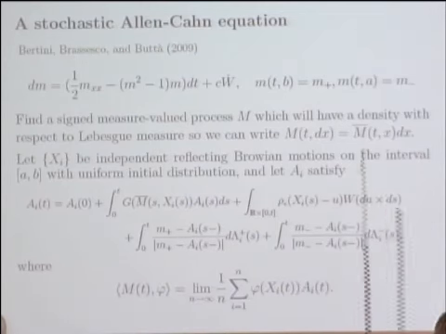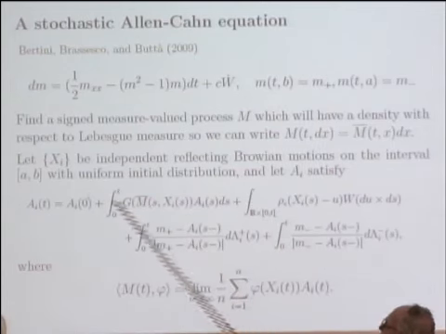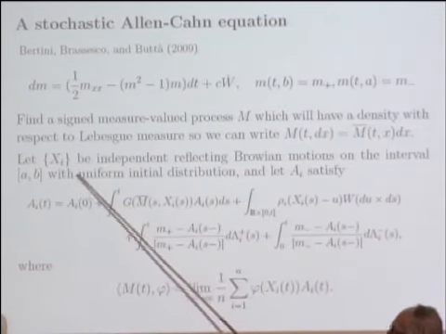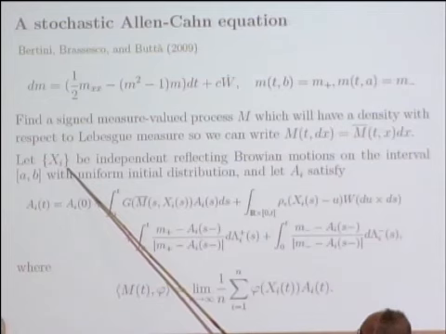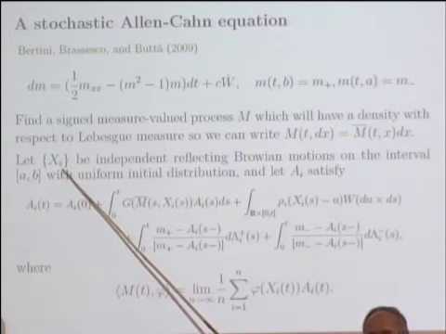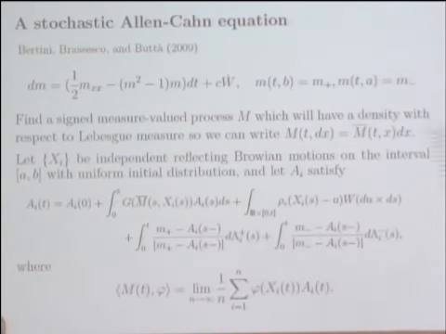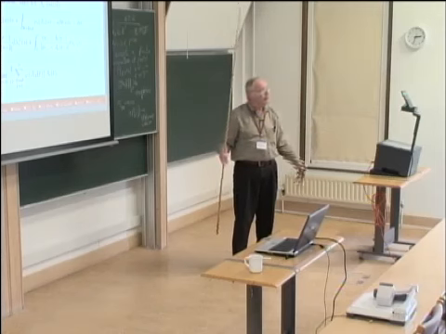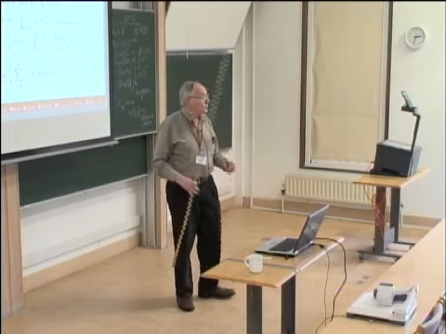If you dream about this sort of thing all night, it takes you, I don't know, only a half hour, but Dan Christen got involved and settled the fact that we did have the right boundary conditions. At any rate, we start now with an infinite collection of independent reflecting Brownian motions on the interval AB. They're given to us, and we'll start them all with their uniform initial distribution.